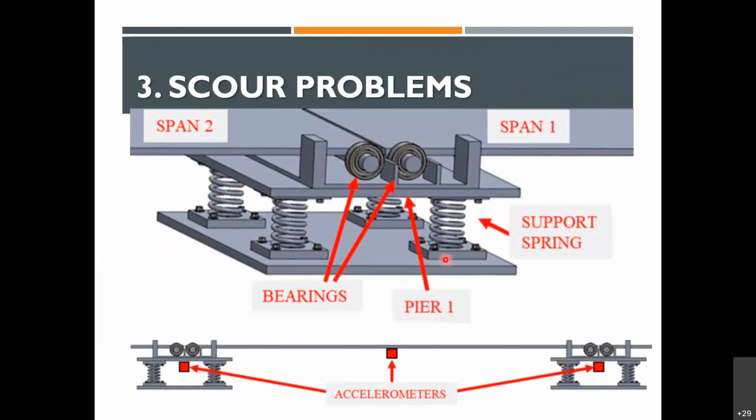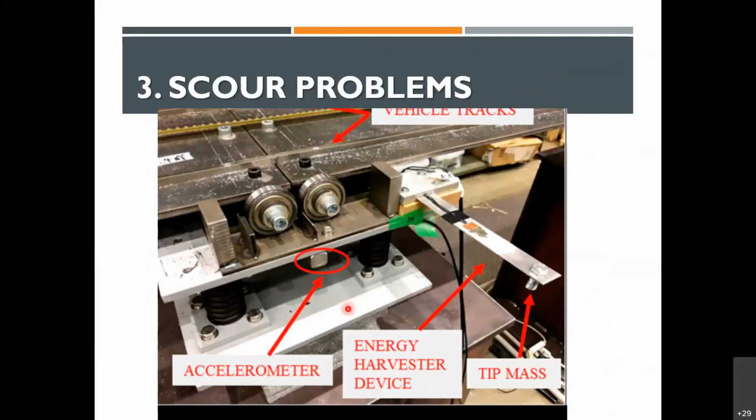Only the vertical stiffness was being changed. And then we had the accelerometers, but with the accelerometers, energy harvesters coming out from them, very similar to what I just showed you before. You can see there's one coming out from here with a tip mass, and there's this energy harvester. And there are vehicle tracks on top. So we carried out many of these